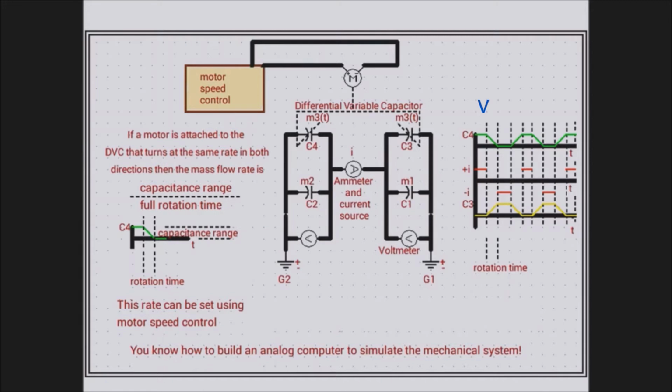And while that state exists, we turn on the current source, the positive current, and that simulates a force pushing these two masses apart. That current stays on for its desired time, and at the end of that time, the motor rotates the shaft of the differential variable capacitor, so that now, as the capacitance C4 goes to 0, the capacitance C3 goes to the maximum capacitance value at the same rate. After this motor speed control rotation of the motor is complete,